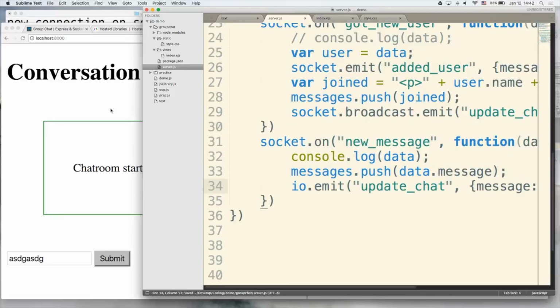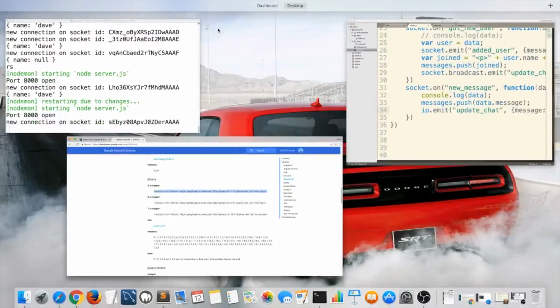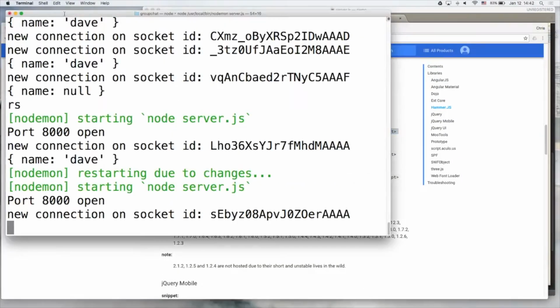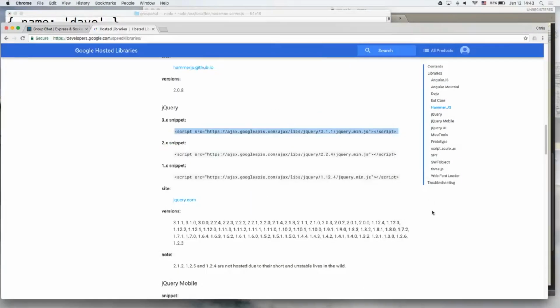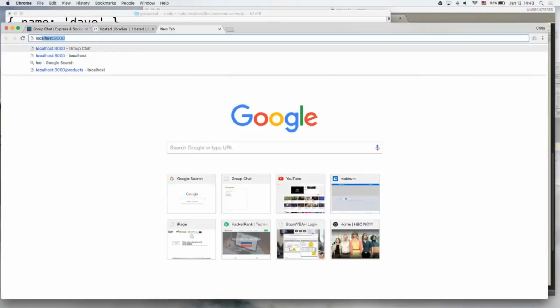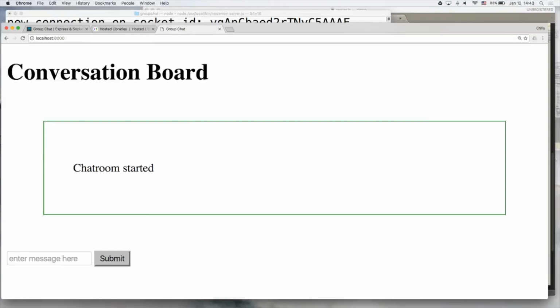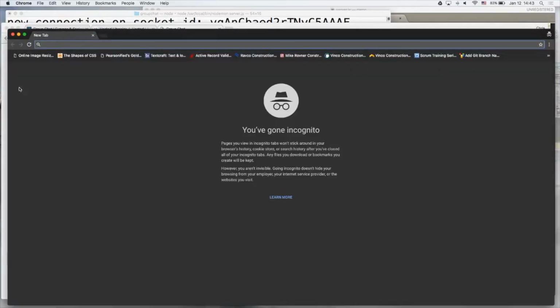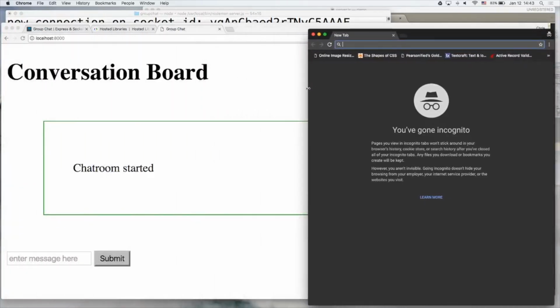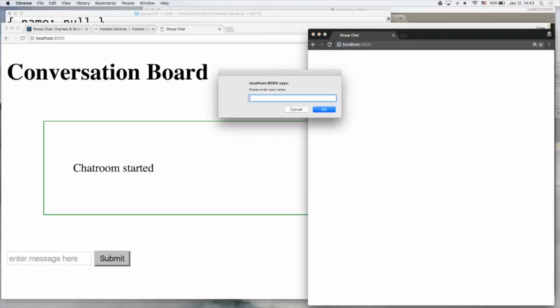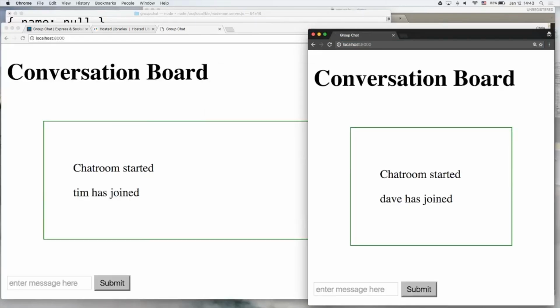Okay, let's see what happens. Restart. Okay. Server's running, localhost. Here's Dave, chat room started. Okay. Let's open up an incognito window. Localhost 8000. And this will be Tim. Boom. Tim has joined David. Well, we already knew that was working, so